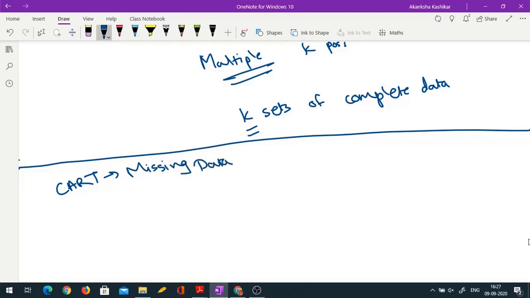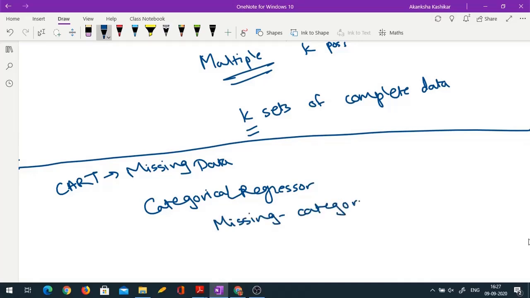So if I have some categorical regressor where values are missing, then one option is to create missing as a special category. For example, in the hair color, I had some missing values.